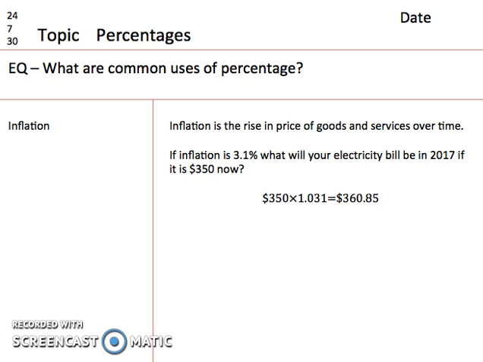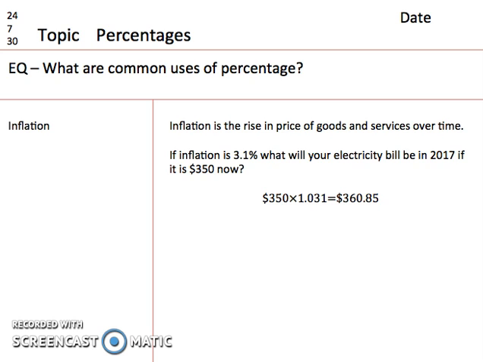When dealing with percentages, quite often what people regularly do is work it out as a percentage of the amount and add it to the amount or subtract it from the amount depending on whether the amount is increasing or decreasing. In this case, inflation is a rise in the price of goods, so it has to be added to